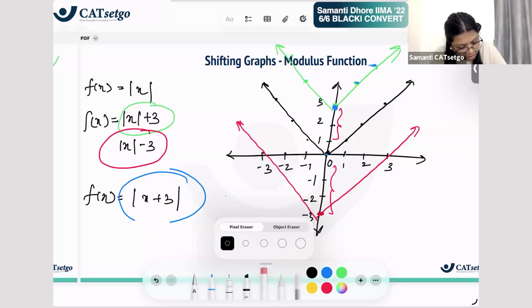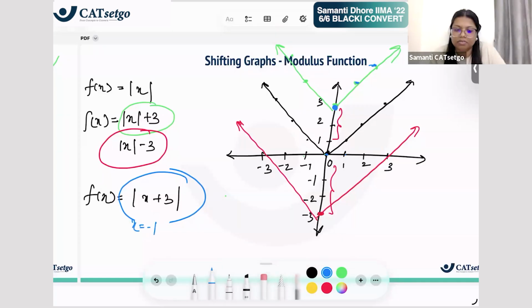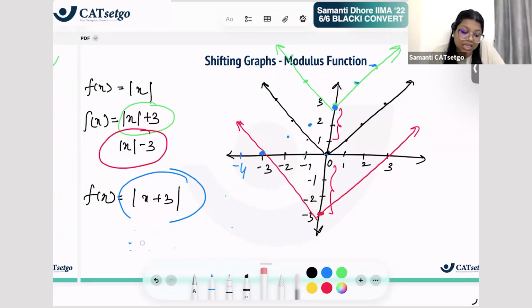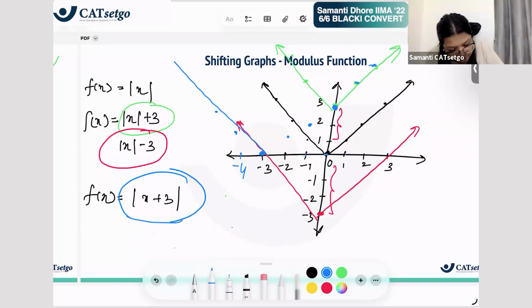Let us put x as -1, if we put x as -1 what happens, this becomes -1 plus 3 which is 2, mod of 2 is 2, so when x is -1 it becomes 2. वैसे ही when x is -2 let's say, so this becomes -2 plus 3 is 1, mod of 1 is 1, तो -2 के यहाँ पे आया 1, -3 के यहाँ पे आया 0, और -4 डालो तो क्या होता है, x equals to -4 डालो तो -4 plus 3 is -1, and mod of -1 is 1, right, तो -4 पे आ रहा है वो 1 again, ऐसे 2 again, so now this curve became,